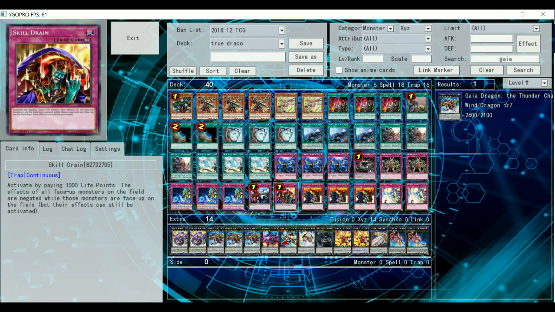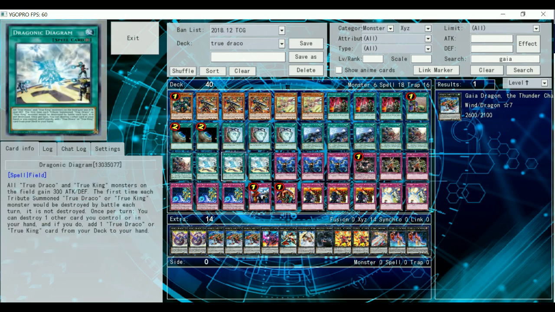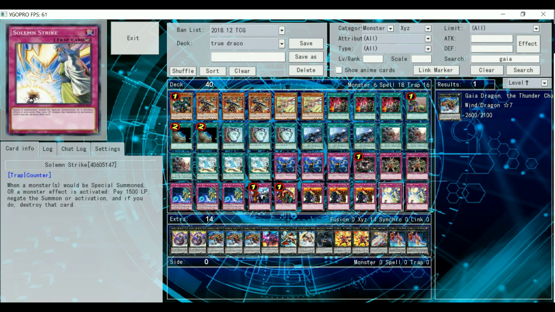Now we come to Skill Drain. I use my effect to search, but my monsters, when I got them on the field with this field spell, are hard hitting as well, but you can't go over 2,800 easily, or 2,700 and 2,600 with this field spell, 300 attack boost I'm counting right now. So it's hard. And 2 Solemn Strikes just to negate monster effects or some special summons